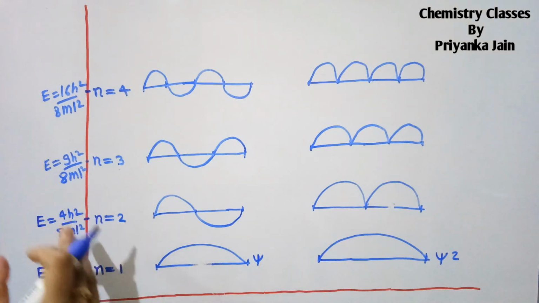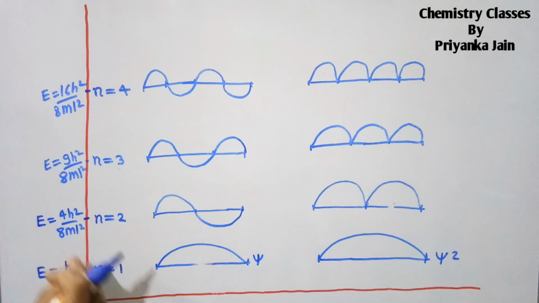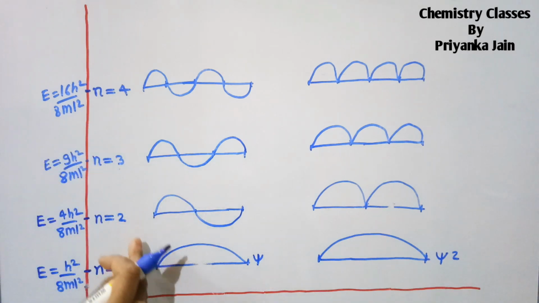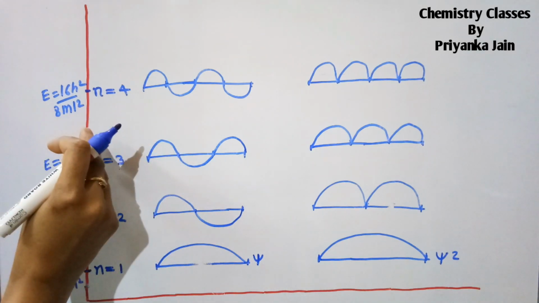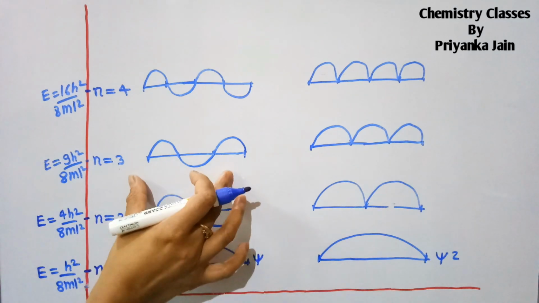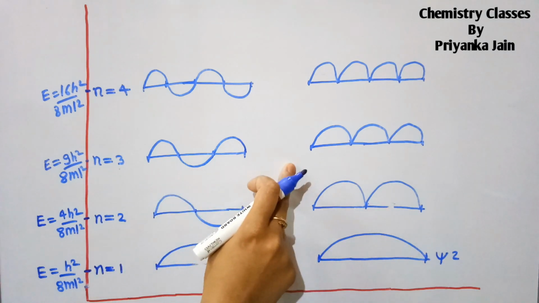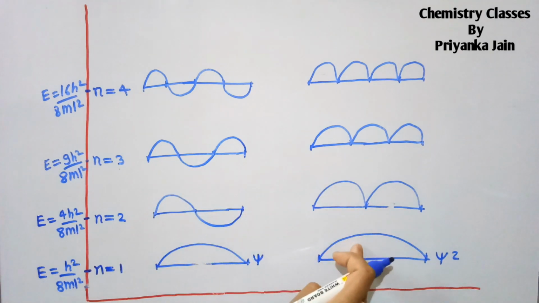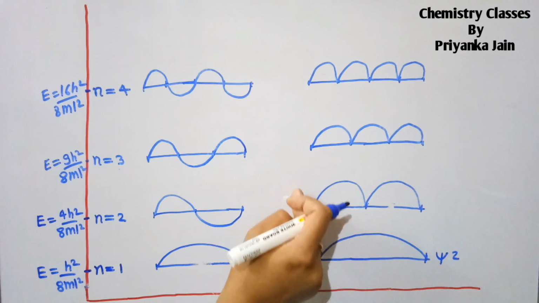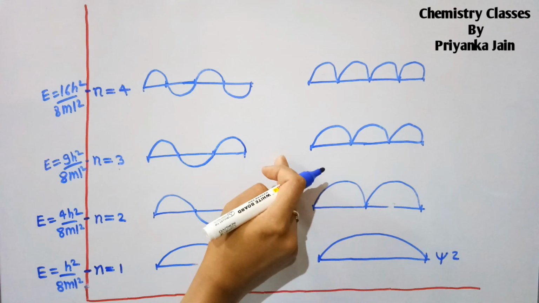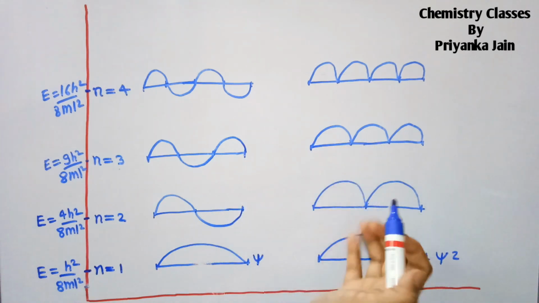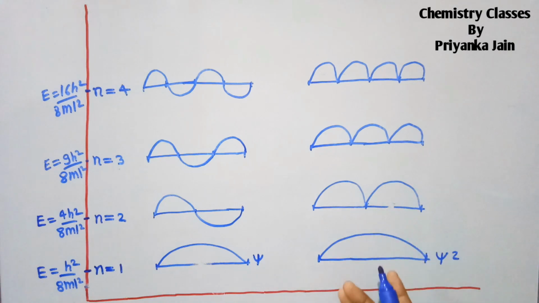So now from this plot you can understand that as the number of nodes is increasing, the energy is also increasing. And there are 2 types of wave function, one is symmetric and another is anti-symmetric, right? And here in the probability density case, in the first case, when value of n is equal to 1, you can see here the probability density is maximum at the midpoint and minimum at these points. But as the value of n increases, as the energy increases, this becomes more and more uniform and it is increasing towards the edges, right?